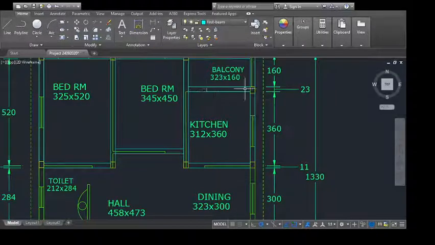Observe one thing. When we are talking about this beam, the loads which the beam is taking are the load from this slab which goes on this beam. Obviously this slab is supported by this beam. The wall load which is going on this beam, its own self weight which obviously is there for the beam, and there is a balcony beam over here. This balcony beam also would be contributing a load share in this. So load from the balcony, load from the kitchen slab, load from the wall, and its own self weight. All these loads will be going on this particular beam.